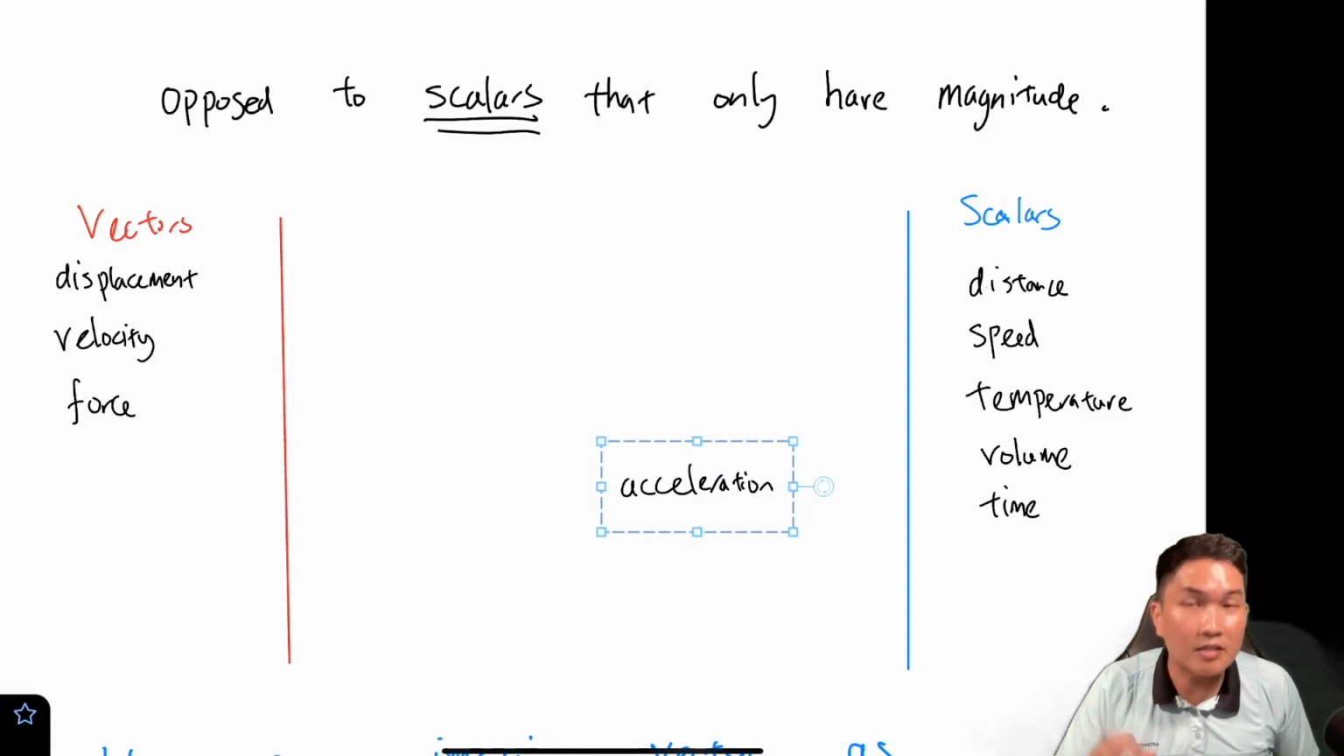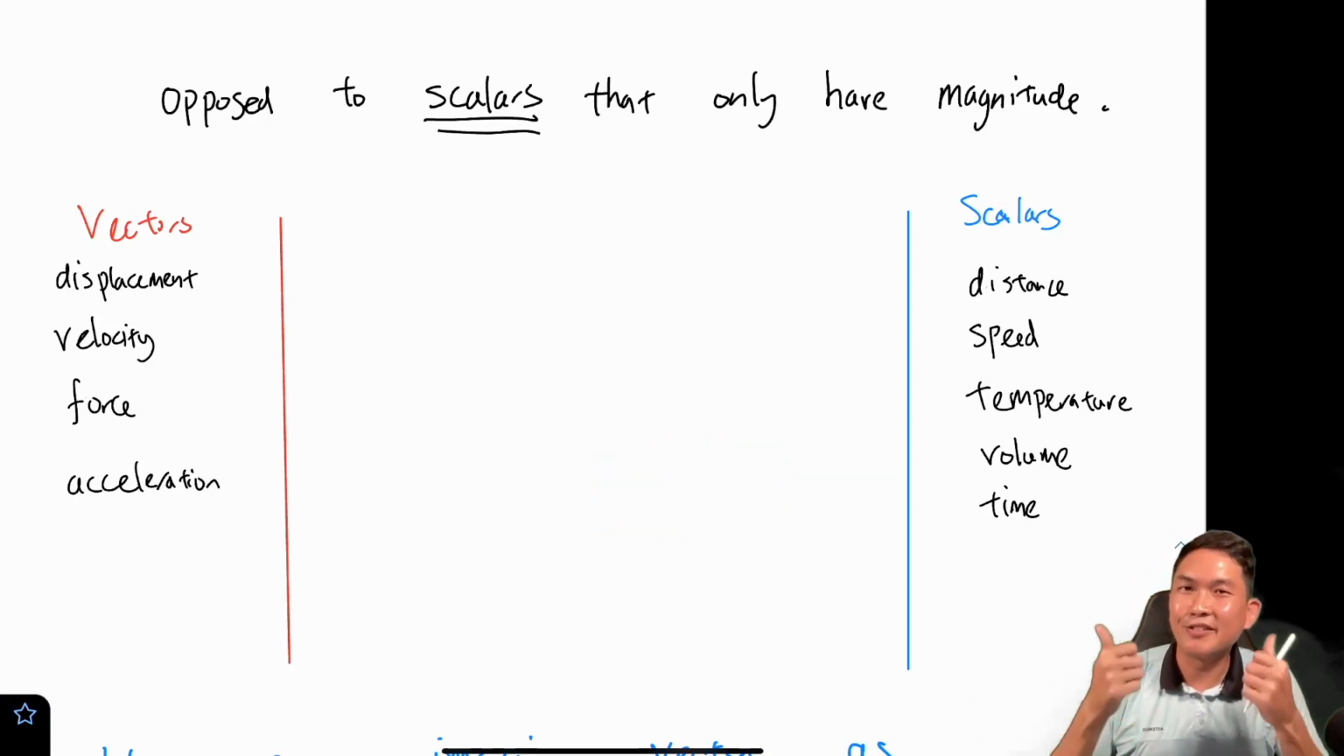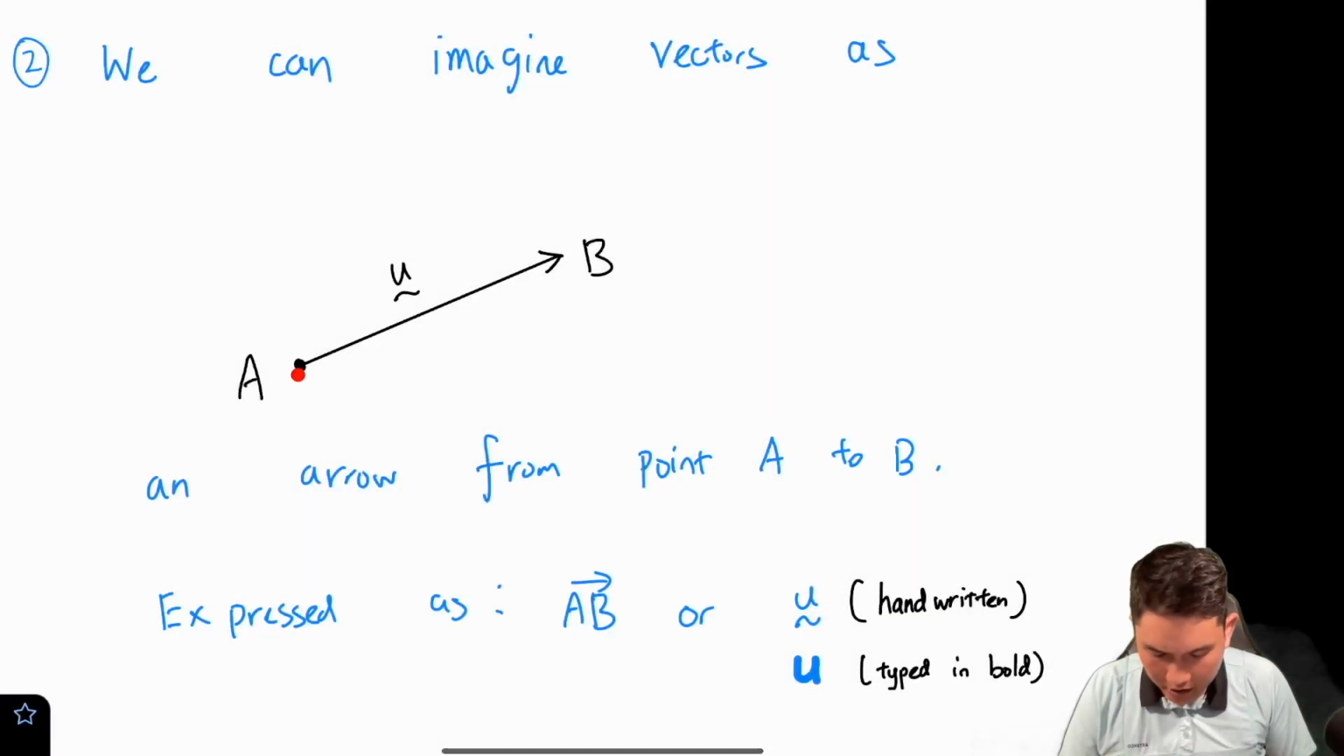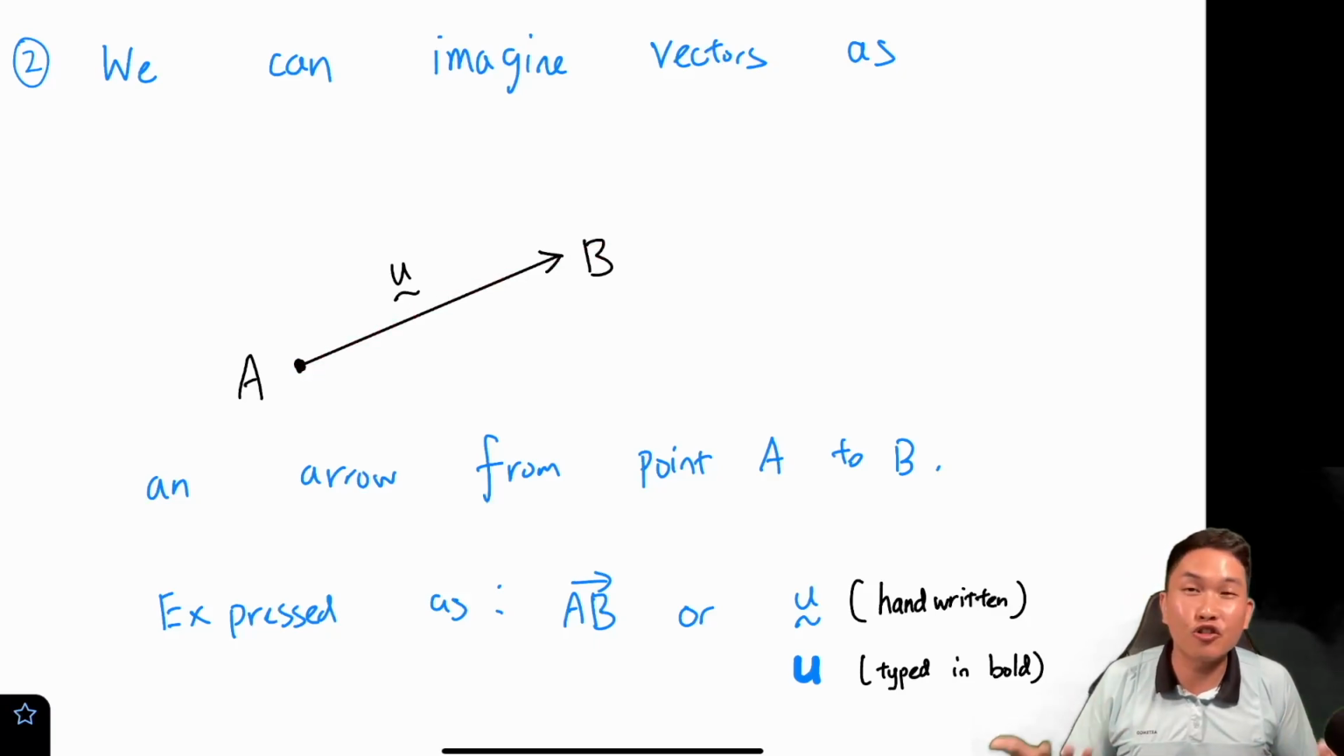Acceleration, this is a vector. I hope that is all good. Let's quickly move on to the next one. So let's say we have 2 points A and B, right? You want to get from A to B, then a vector is kind of like instructions on how to get